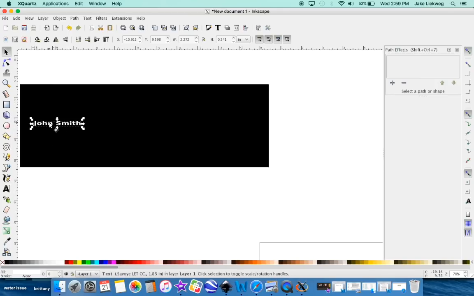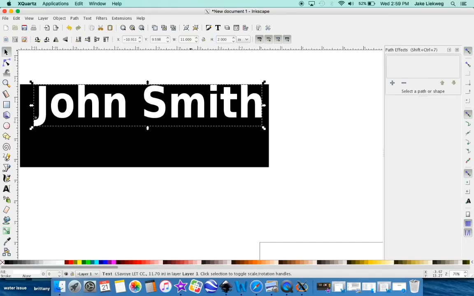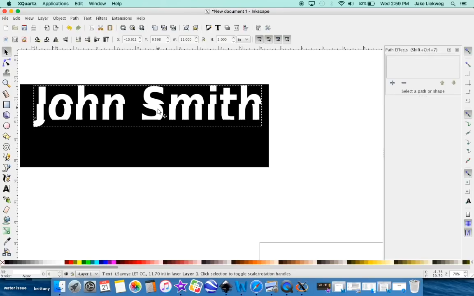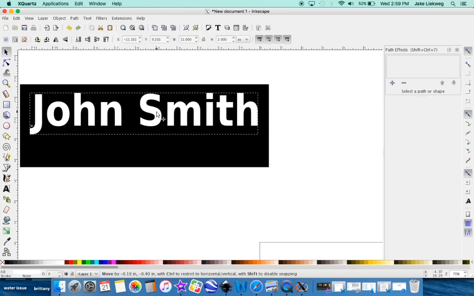So once again, we select our lettering. We're going to come back up here. Our width is 11, hit enter, and our height is 2, and then we hit enter. So pull this back down, get it about where we want. We want about a ½ inch here, ½ inch here, and a ½ inch there, because this bottom portion will be bent over so it can stand up. However, we still have this problem with our O,